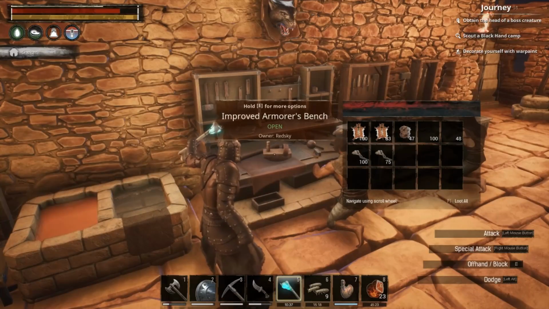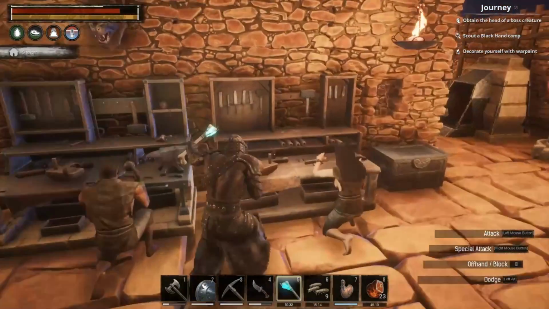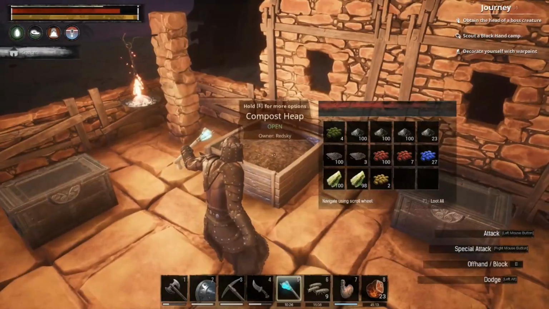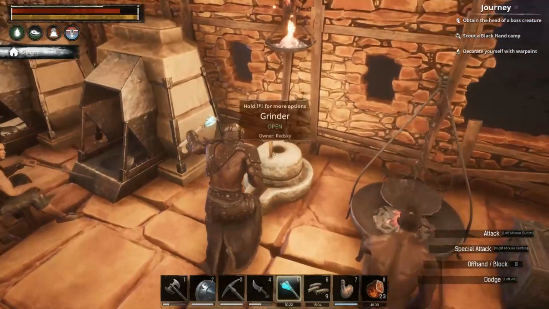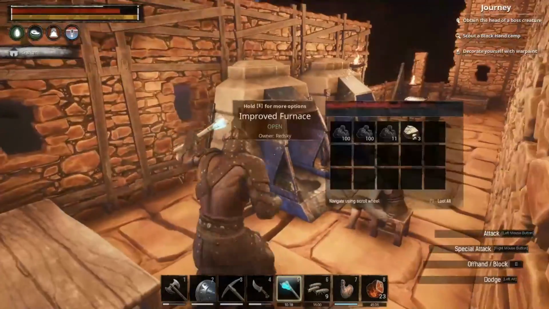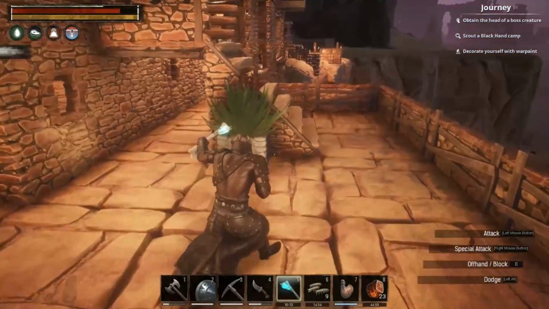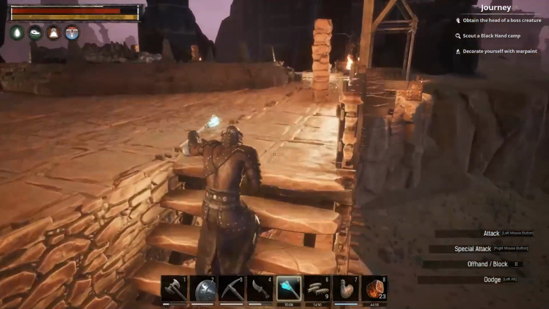Again, this is locked by level, some of this technology and spending points. Improved armor's bench and a normal armor's bench, because I guess certain recipes are in each. Chest, a compost heap. We got the fireball cauldron, the grinder. We got 2 improved furnaces for making steel, iron, and bricks. We got the carpenter's bench, the artisan's work table, the dryer. And then upstairs,